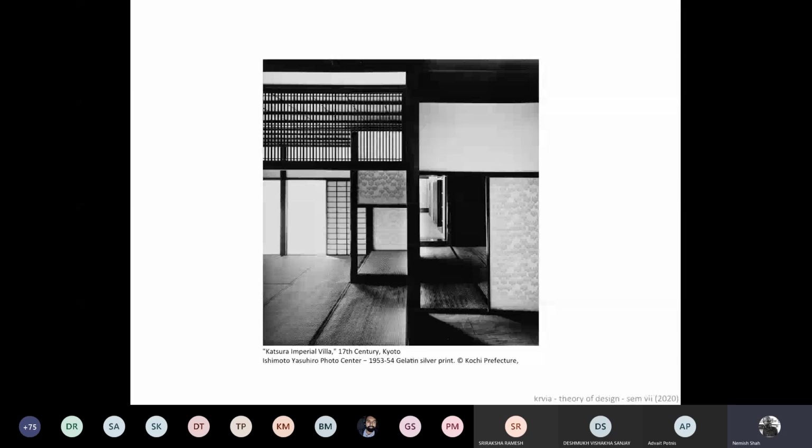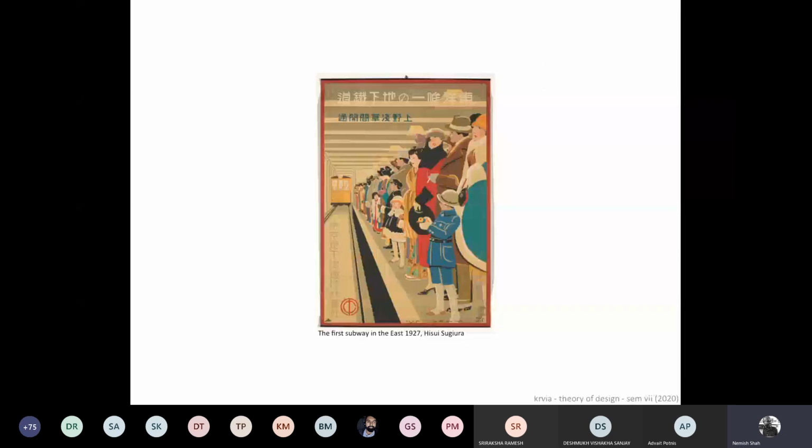Actually, in Japan, one second. There's a slide that's missing. Actually,